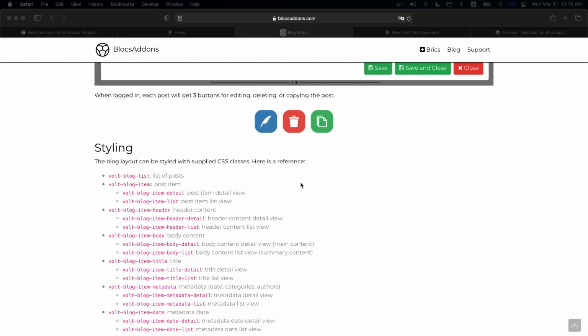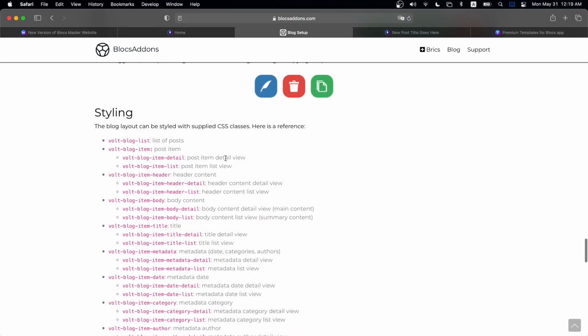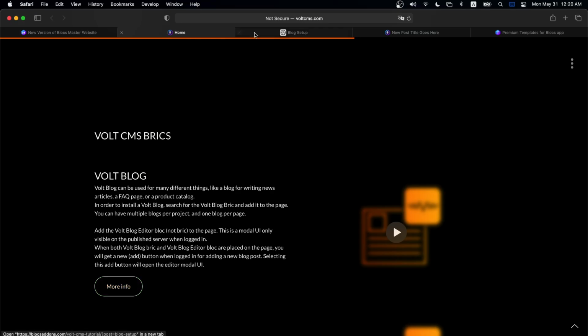So let's go back to our Blocs add-ons tutorial here. You can see that there is a name of class and what it actually does. For example, metadata: you can change how metadata looks, title, body content, header content. So header content, as you can see on our website here,